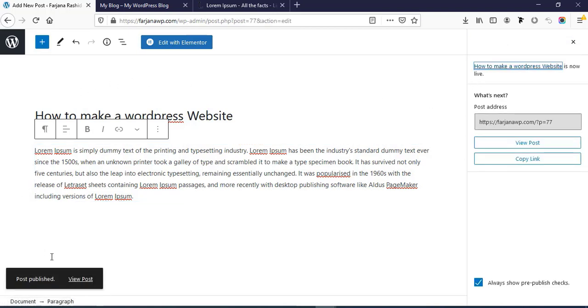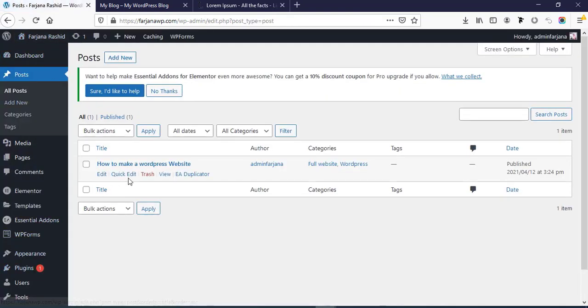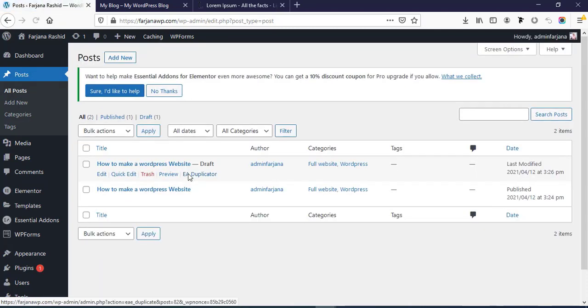And in a similar way, I'm going to create some more blogs. So I'm going back, and here, rather than creating one by one, we can simply duplicate our blog post. Just click on duplicator, or we will find some WordPress plugin to duplicate our blog post. This time, as we are using the Essential Addons, these add-ons also have this feature to duplicate our blog post. So this time I'm using it,